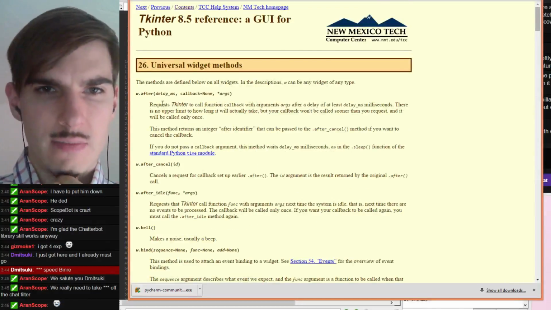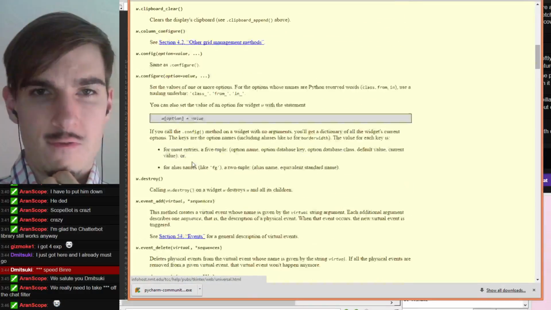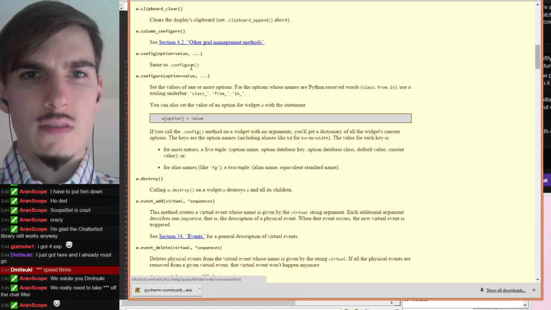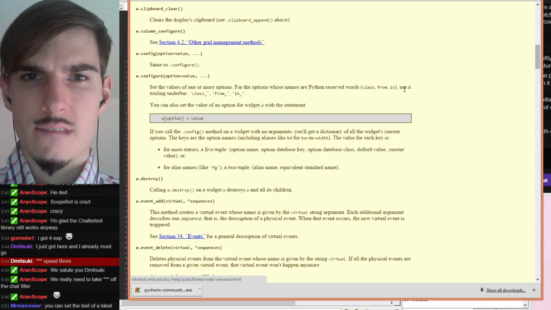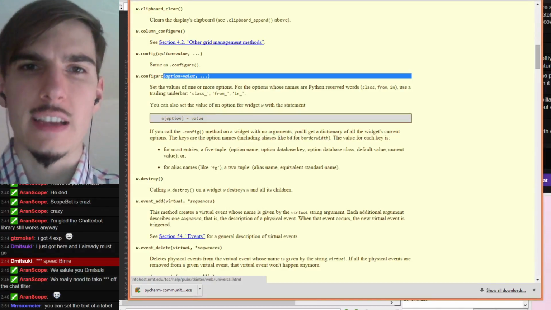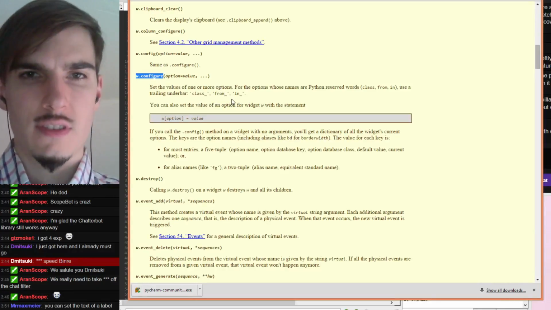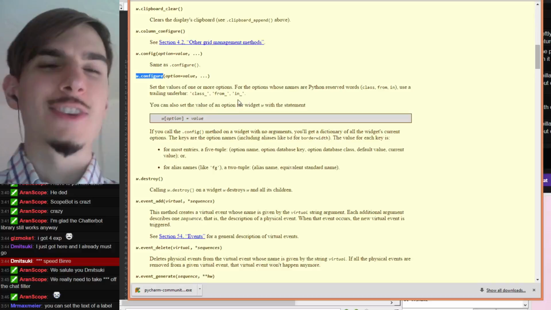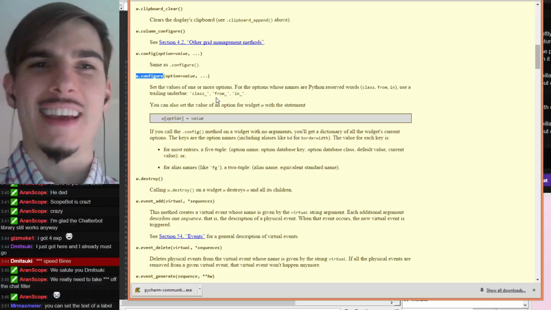Universal widget methods. Config. Oh. So, wait, with config I can just change basically anything retroactively? That's useful, because I could just do the button text at this point. The only reason the button text says Excelsior is because I wasn't sure how to change it, and I wanted something that was generic between start event and end event.